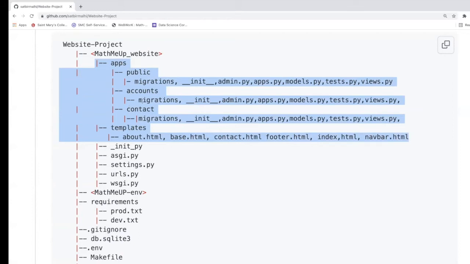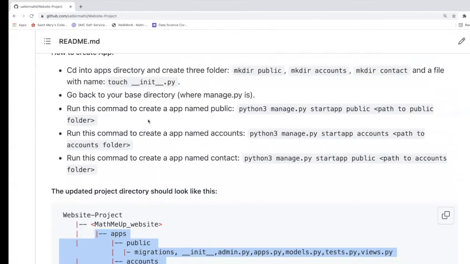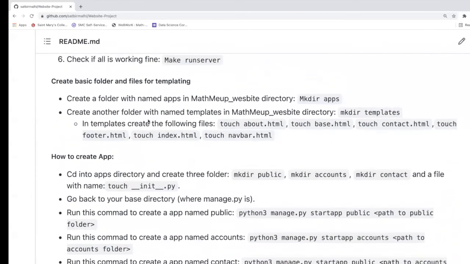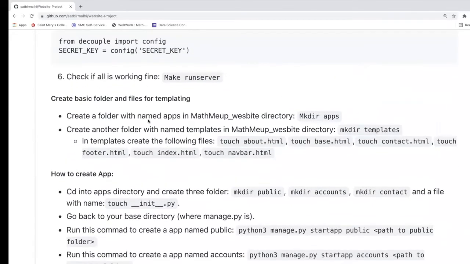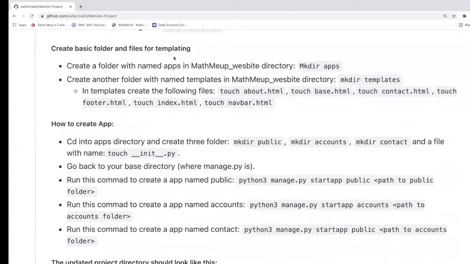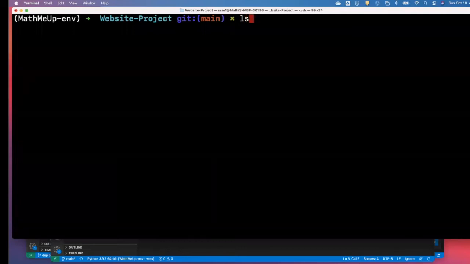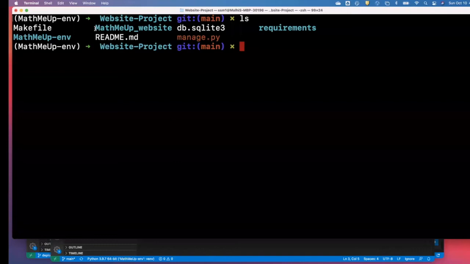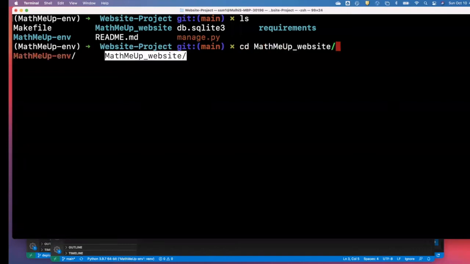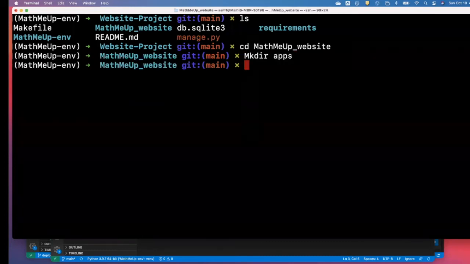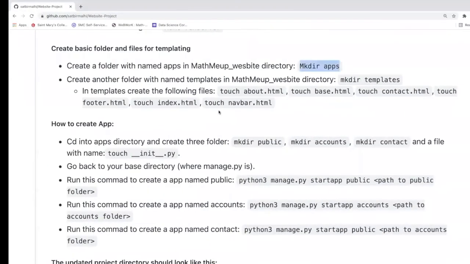You can create them manually, and you can also use the command line. So I will be using the command line because I already wrote all this code here. So let's start from here. So first, to create in this directory, I'm gonna create the folder apps. So what I will do is go back to the terminal, and I need to cd into this folder mathmeup. So cd mathmeup folder, and here I will make a directory apps, and I cd into apps, and I will create more